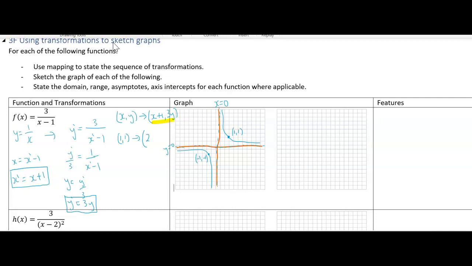So 1 plus 1 is 2, and then 3 times 1 is 3. Okay, so this point here has been transformed, or shifted, to 2, 3. And then our point -1, -1. So -1 plus 1 is 0, and 3 times -1 is -3. Now the good thing about this point is it's also our y-intercept, because x equals 0, which is great